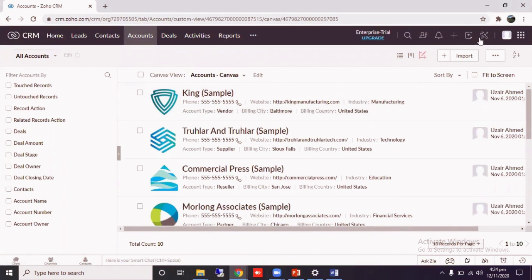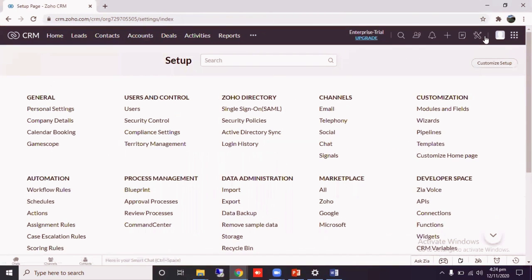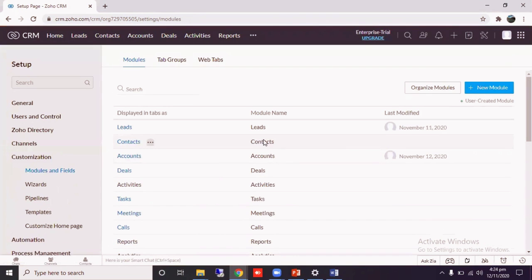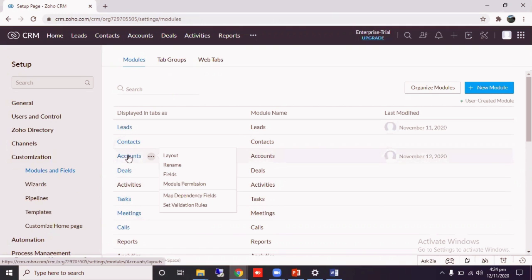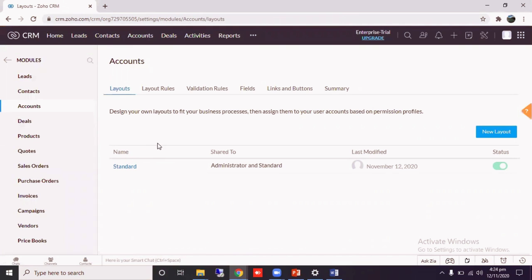To add new fields, first click on settings and go to the customization and modules and fields. Click on modules and fields. Now select the module on which you want to create new fields. Click on accounts, and accounts is using a standard layout. Click on standard,